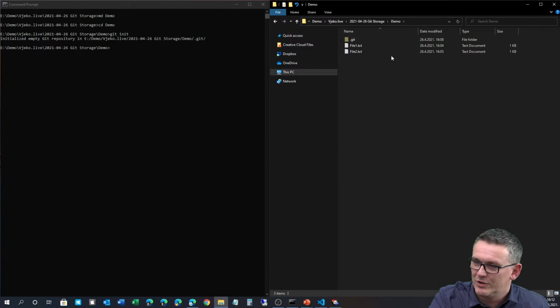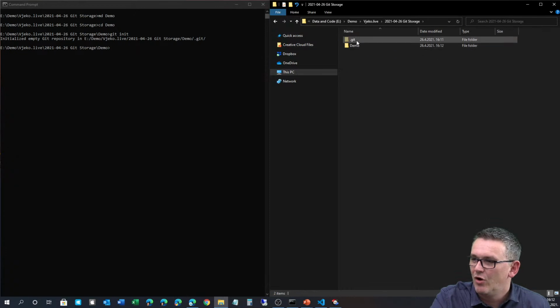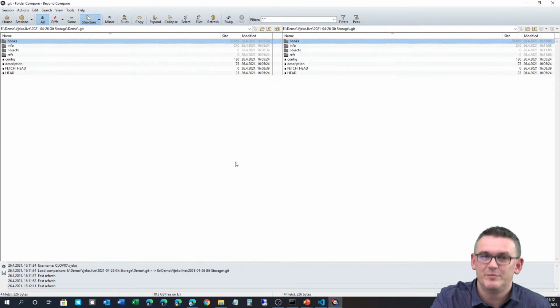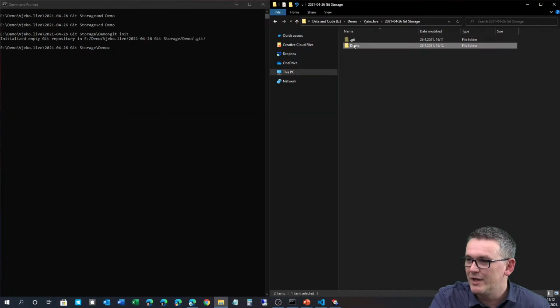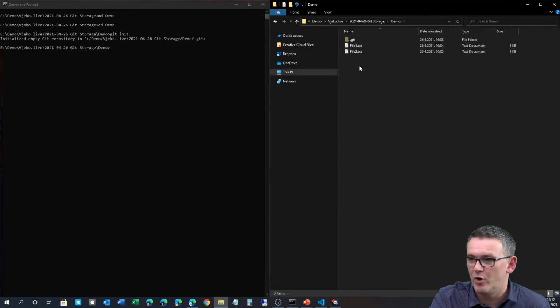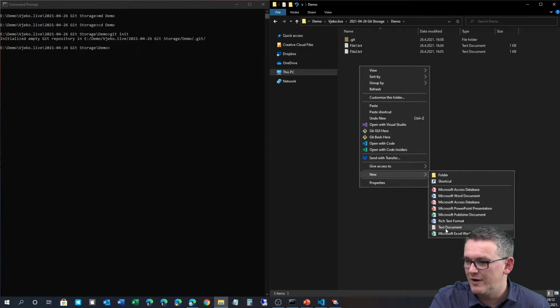And then what I said is that I have this Git folder, and then I have a copy of the same Git folder in here, and I have Beyond Compare view over them. So when I refresh this, I can see that they are both equal, they are the same. And then when I go into my demo folder, which is my repository folder, and create a new file in there,